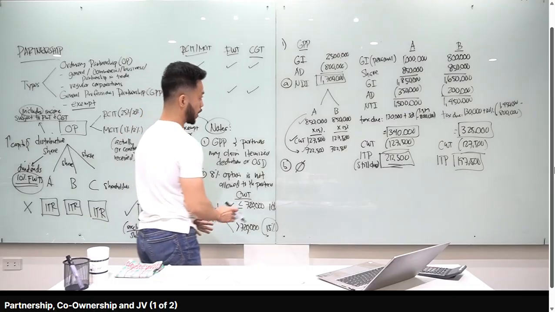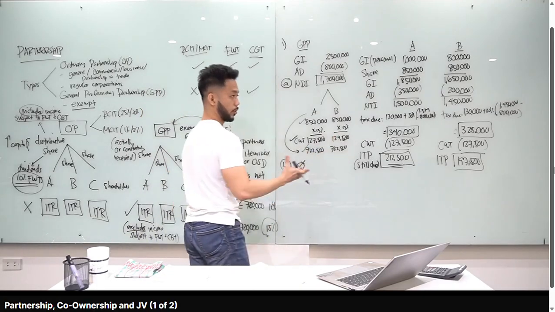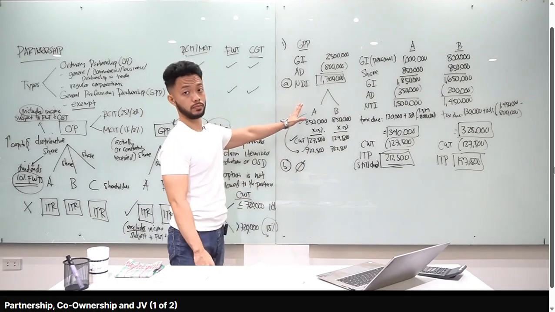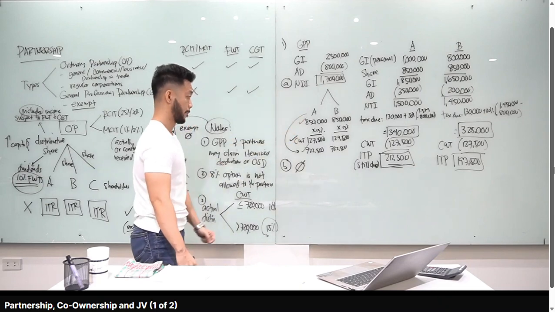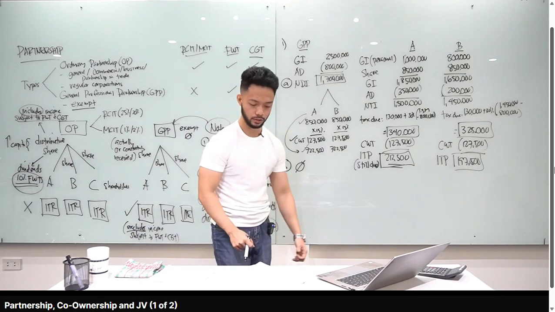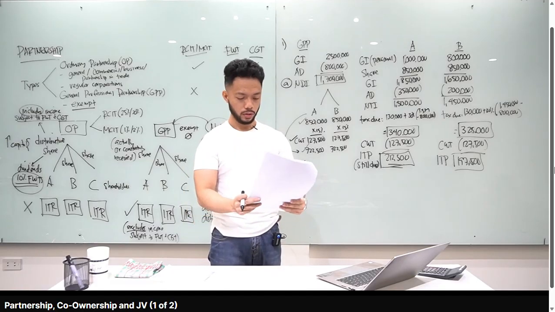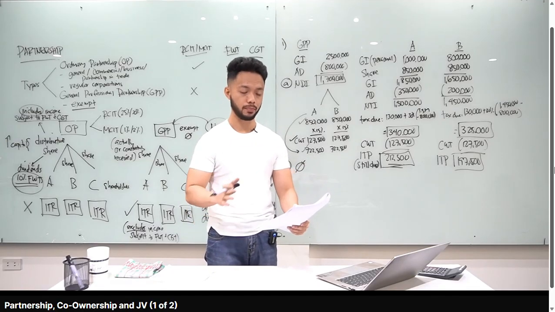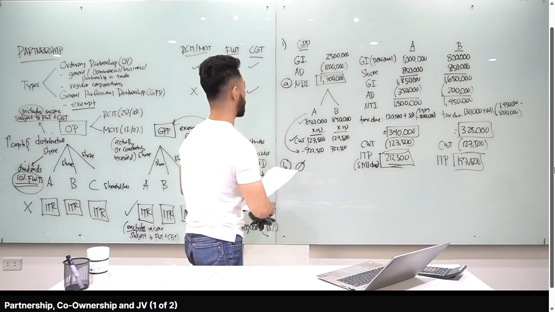By the way, class, yung CWT na yan, ang nagre-remit niyan, ang nagbabayad niyan, or nagwi-withhold kay BIR is the GPP. Okay, yung partnership na nagwi-withhold niyan. Alright, so ayan. So yeah, so yung answer natin sa scenario number 1. So class, what if naman, scenario number 2, ordinary partnership naman, okay? So paano sir magiging changes yan?